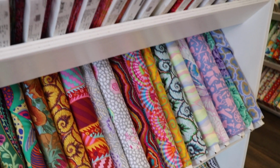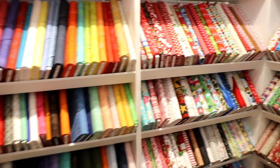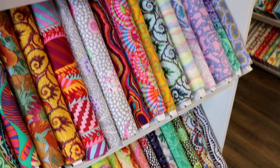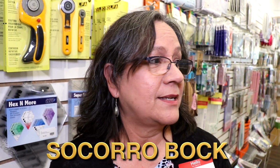All this fabric just keeps me coming back for different projects. And I mean, it's roomy, the fabric is beautifully displayed, they have so many different types of fabric, just so many different prints. It's just beautiful. And this is the richest, most colorful designer in the fabric world today. And his stuff is just phenomenal. It's wonderful, it's great,